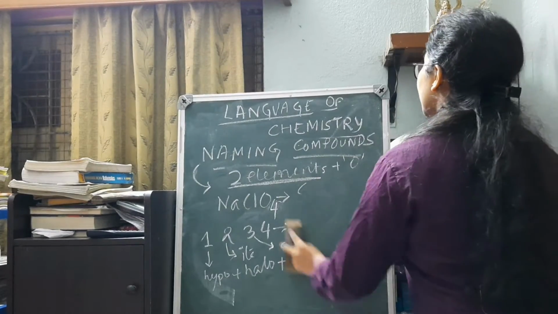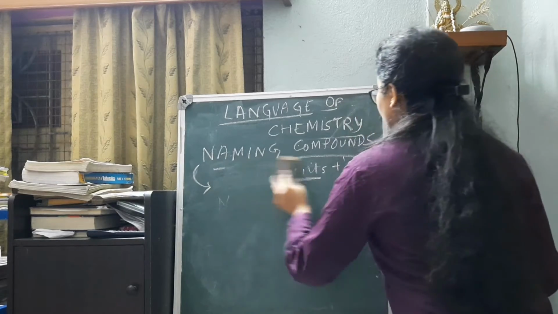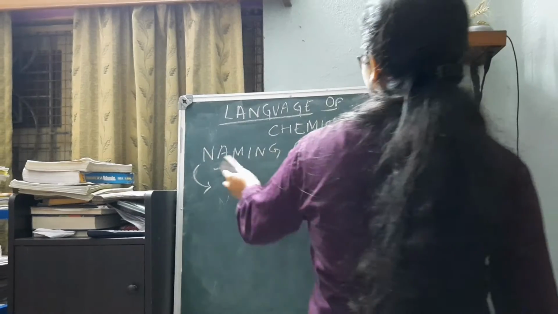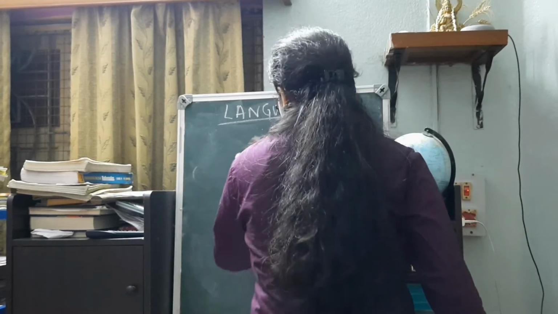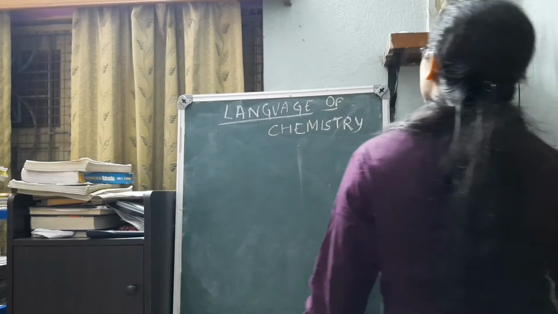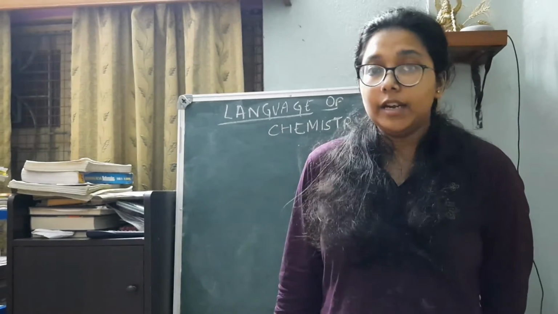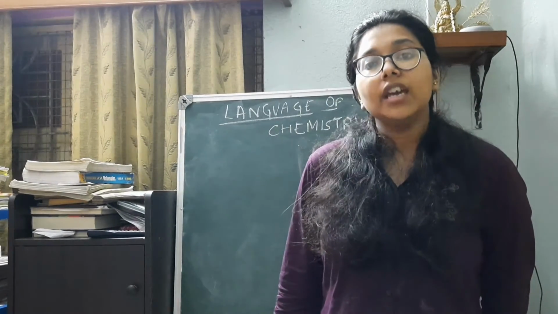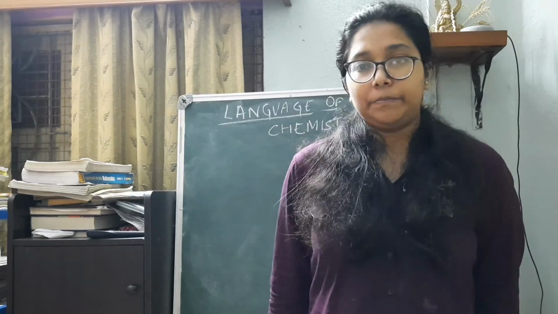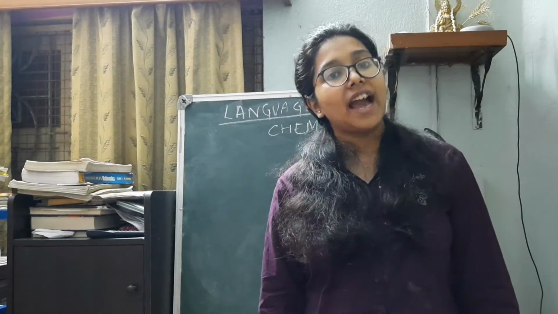Now moving forward, the next part is what is a chemical equation. The most important thing is what is the purpose of a chemical equation. The purpose of a chemical equation is that it depicts the reactants that react to produce the final product. So that is how we indicate it with the help of a chemical equation. That is the main purpose of a chemical equation, to show the reaction.